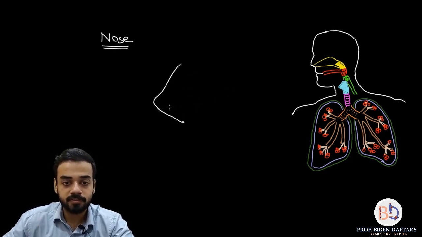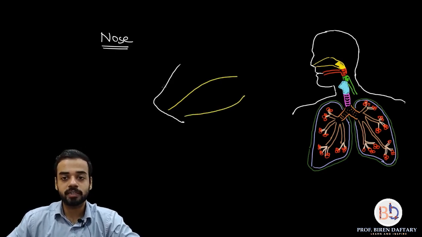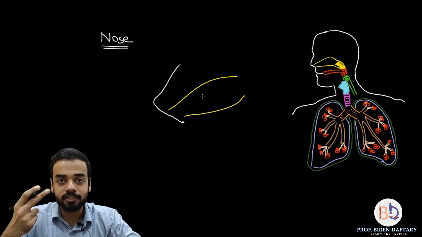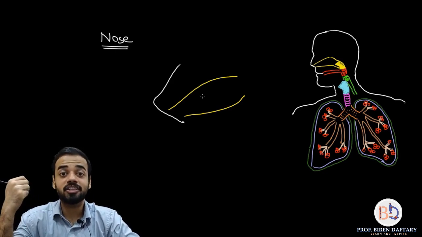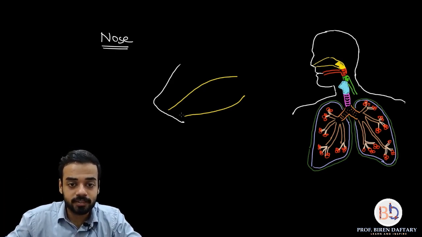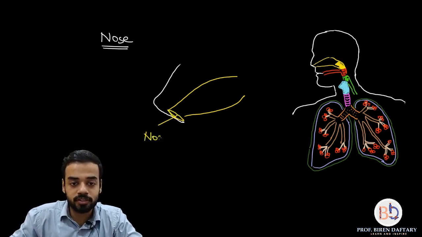So the same thing that I have drawn, I am going to enlarge that so that it becomes easier to read. So this part is your nose, you can see that, and this yellow is the part. Now the nose has got two openings, everybody knows that, right? And these openings are called the nostrils. I am just going to label those parts. So these openings which are present are called nostrils.